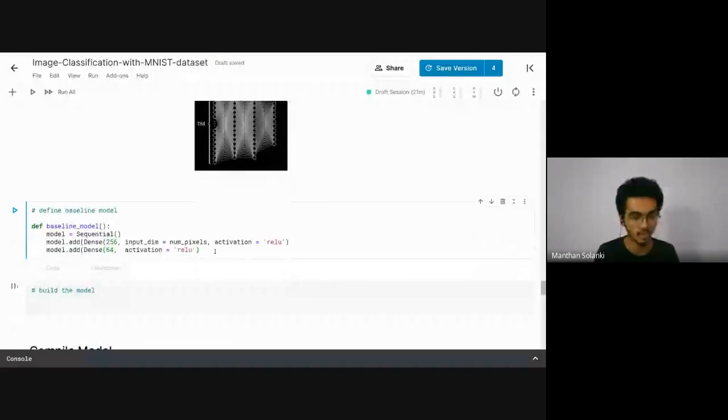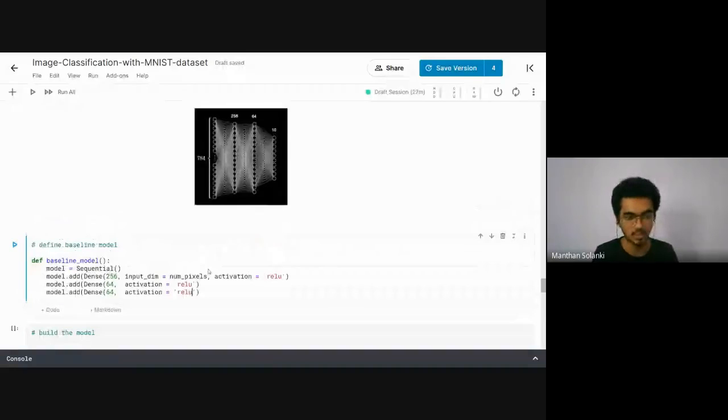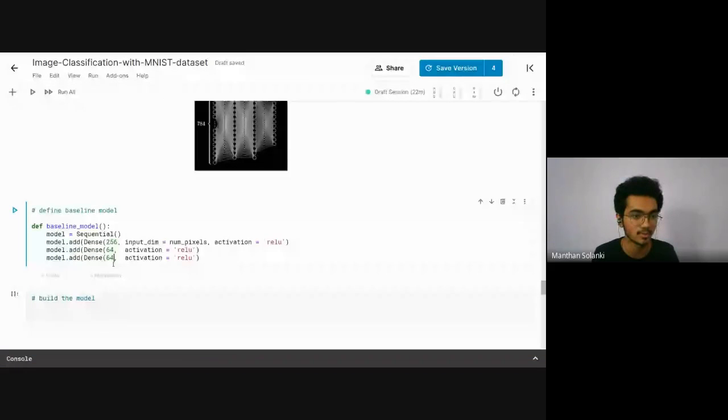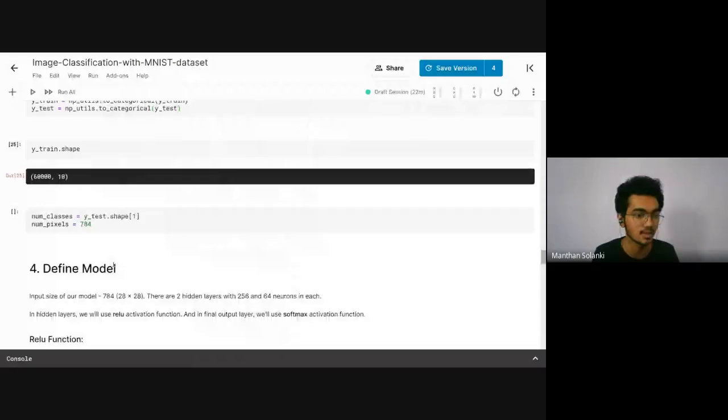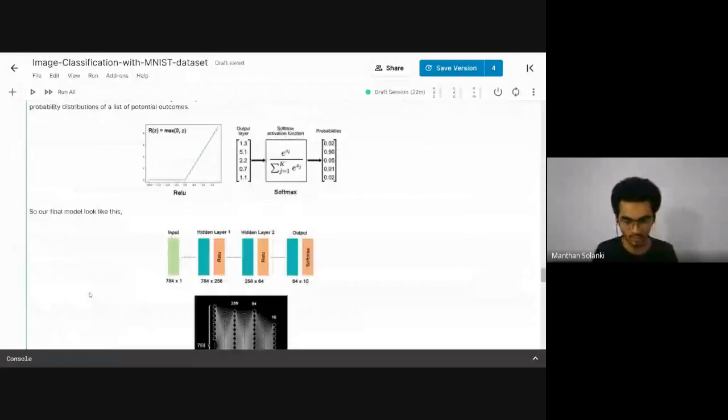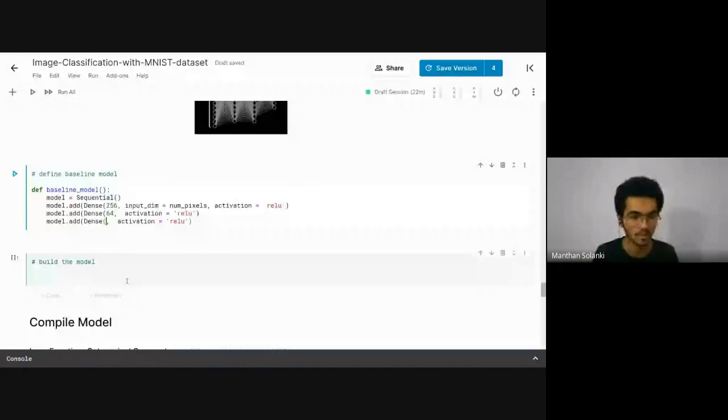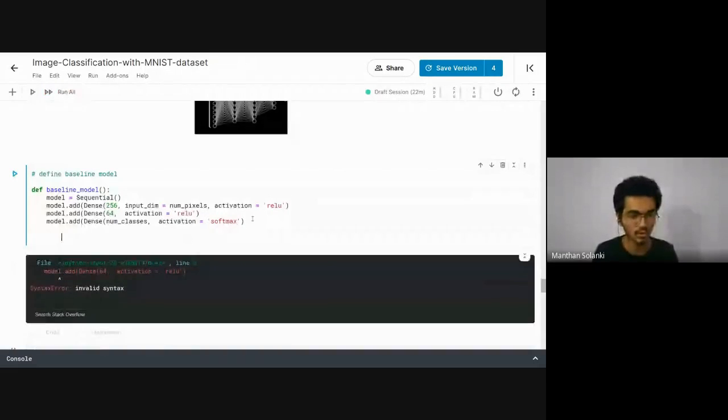Now simply copy and paste. This is my final layer where we have 10, but before, number of classes we already used, num classes. So num classes is equal to 10, and activation function is softmax. Okay, and we will return our model.